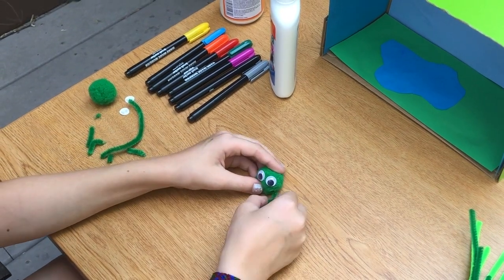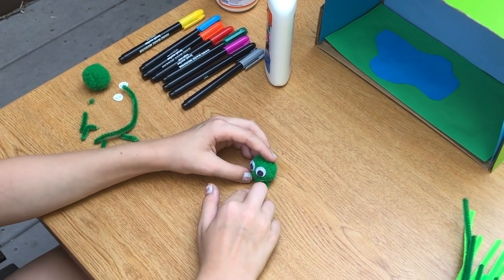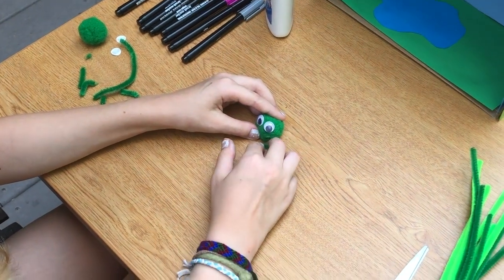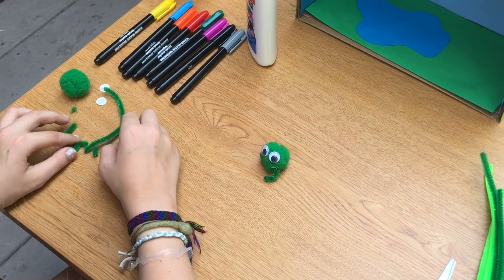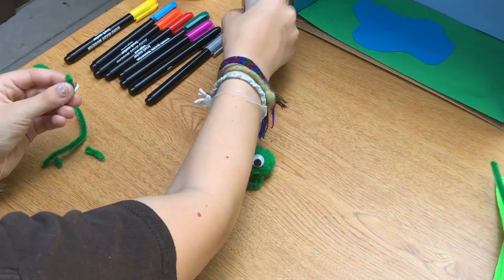and that's one arm. And I folded the pipe cleaner like this so that it's like a little foot. Now for the other arm, I'm going to do the same thing,